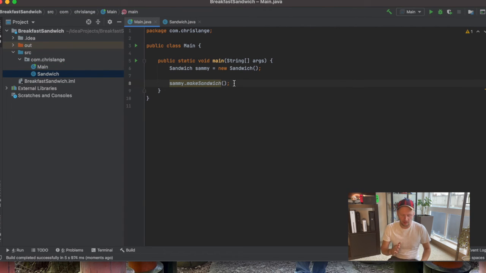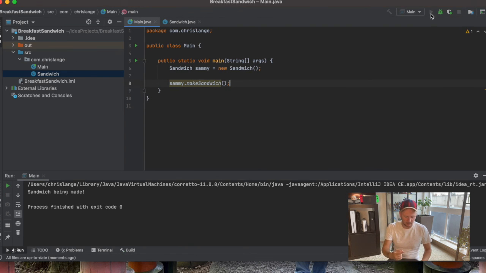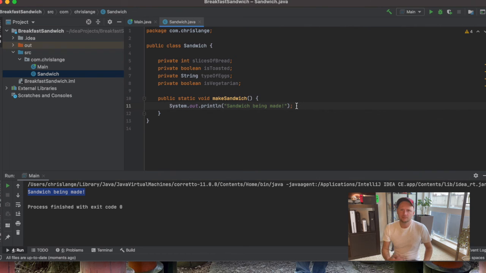So now we've got Sammy.makeSandwich, again with the parentheses at the end to show that it is a method. And when we run it, it's going to make a sandwich object, and then it's going to run that method that we made in the sandwich class. So you've got the sandwich being made here in the terminal that is being called from this sandwich method. So we can make as many classes as we wanted. We could make a sandwich class, we can make a pasta class, we can make a sushi class, and they're all going to have these different objects and variables and methods that they can run. And then our main class here can find them, create new ones, and then make